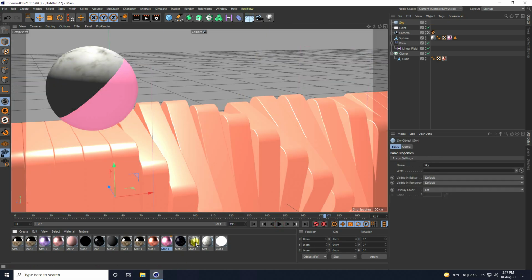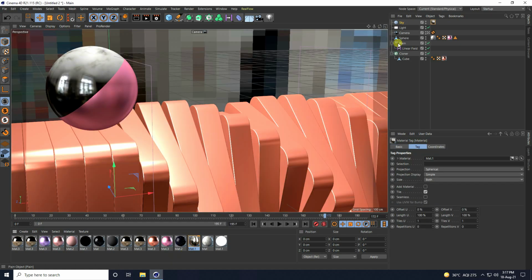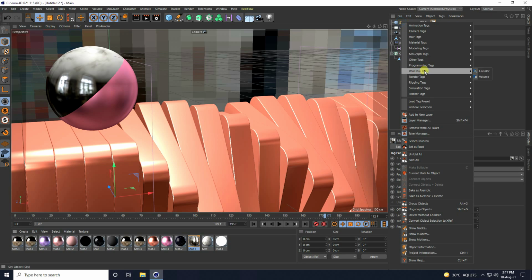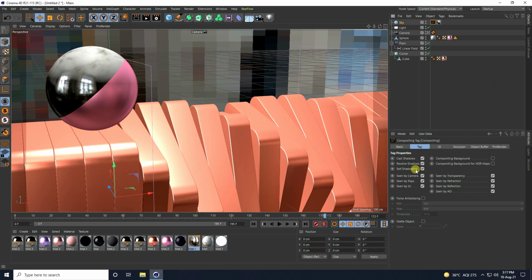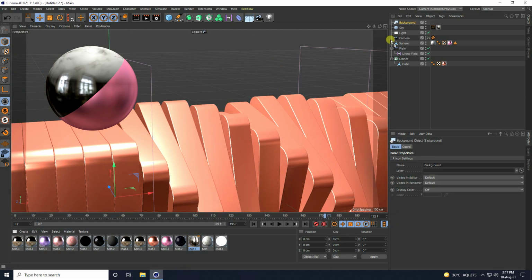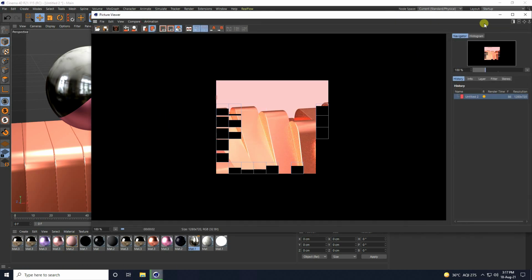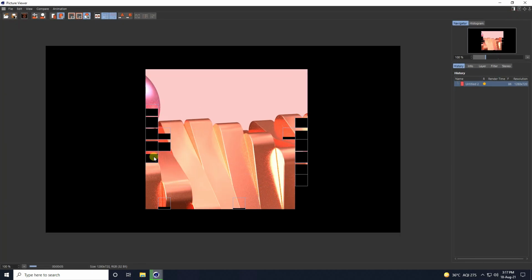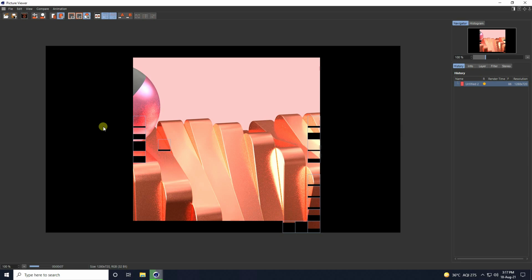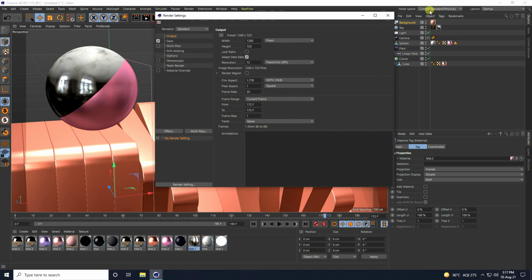Okay, so guys, now I apply HDRI light. So take sky and see guys, that's my HDRI. So apply it on sky, yeah, and right click on sky, go to here, rendering tag, compositing, and Seen by Camera. Actually this one, Seen by Camera uncheck, yeah. And next one, I use background, and guys, simple background, and render preview. Yeah, it's beautiful, right?